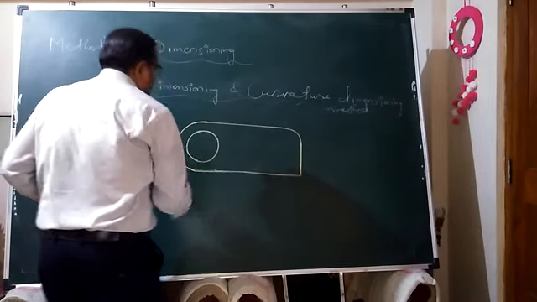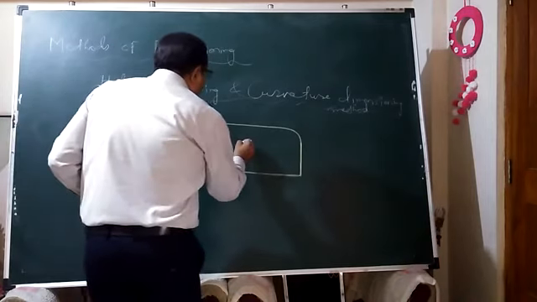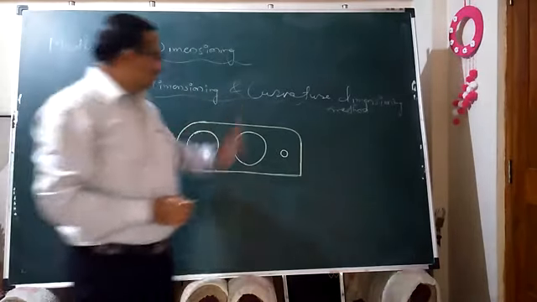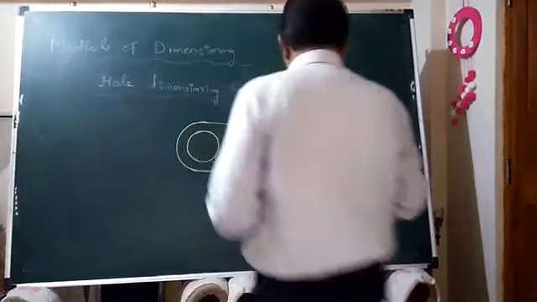This one, the biggest one. Another one, a large one, more than this, bigger than this. I will place it here. And one very minute one. So different diametral holes I have cut in the surface of this object. So what is the method to show its dimensions? We'll see one by one.